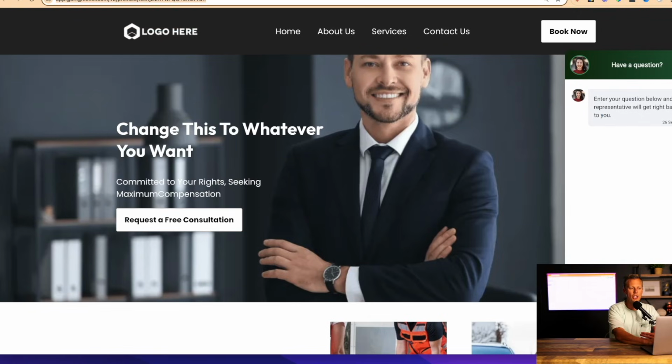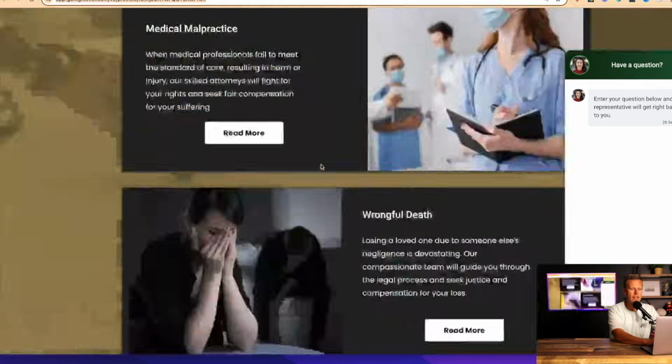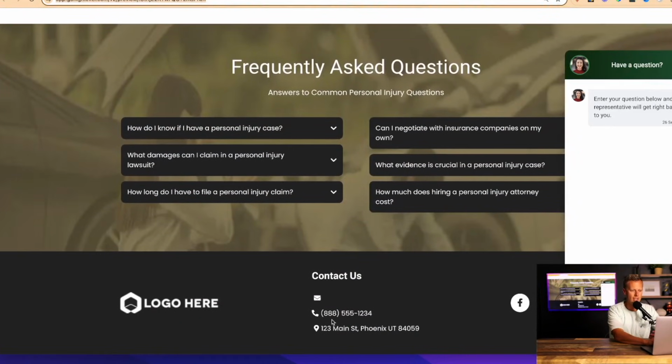But now I want to show you how we can add AI voice for all the phone calls that are coming in. Most websites typically have a phone number. This website doesn't seem to have it, but you can see right here, it's got a phone number down here to be able to call into the business. Now, the truth is, statistics show that 62% of incoming calls go unanswered to small businesses,